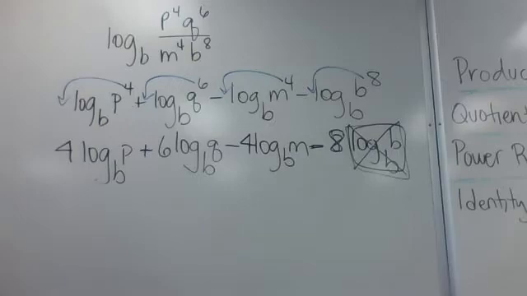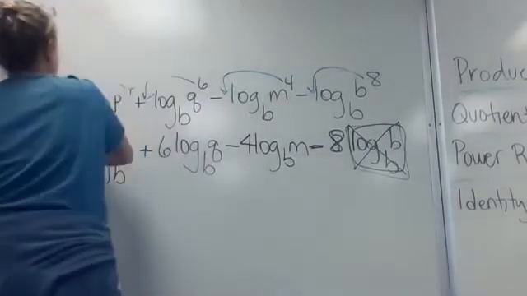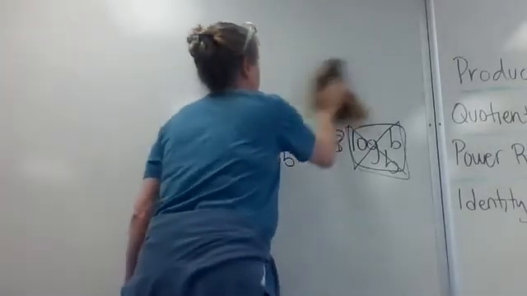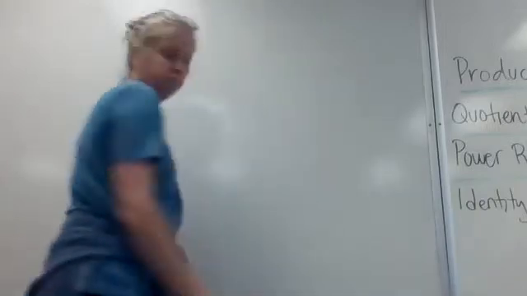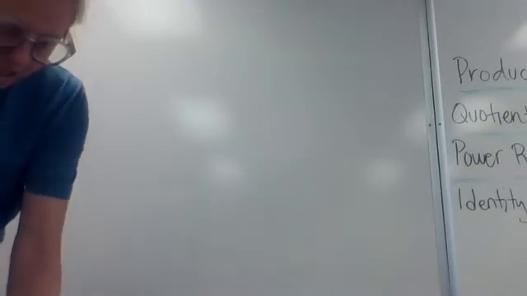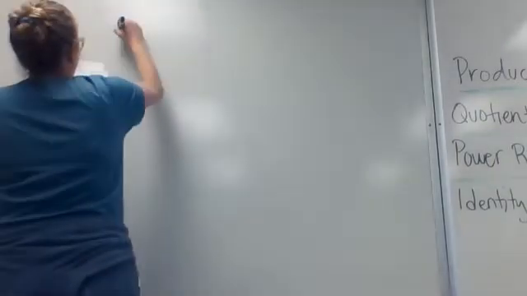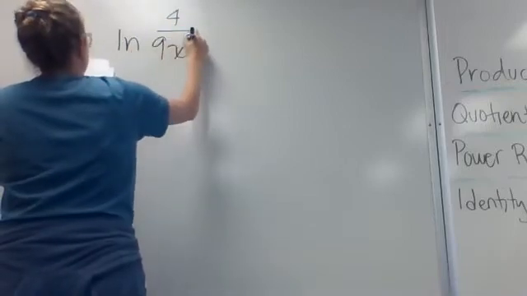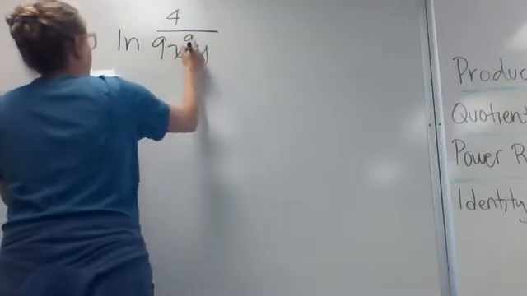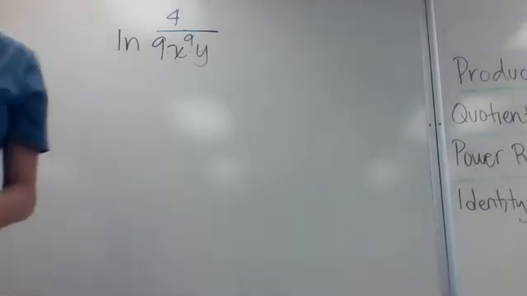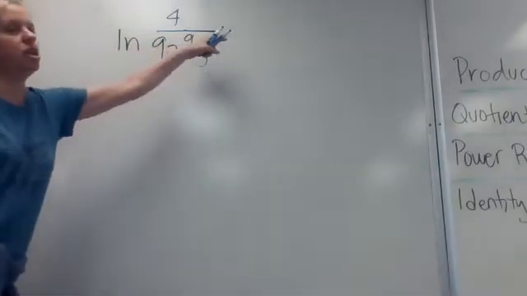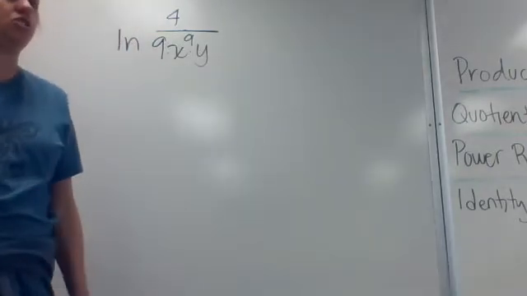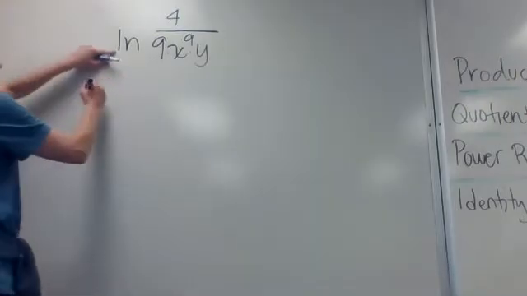Number 9. Express as sum and differences. You've got ln of 4 over 9x to the 9th y. So again, everything that is below the division line is your quotient, which means what you're turning those into is subtraction. So you're going to have ln of 4